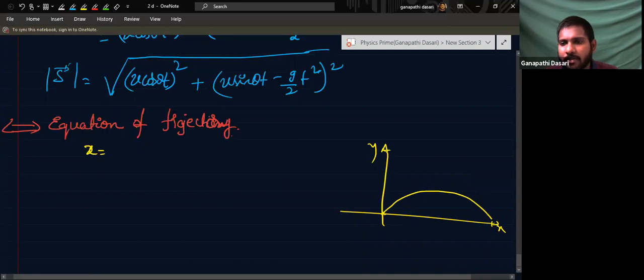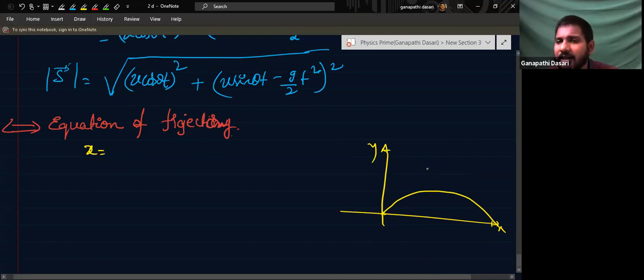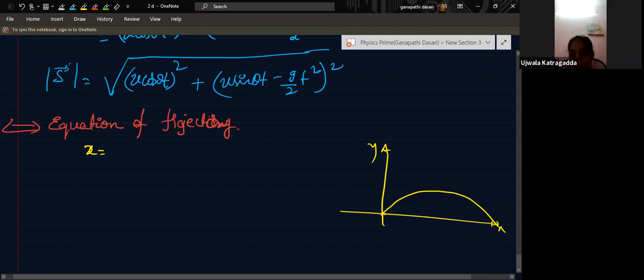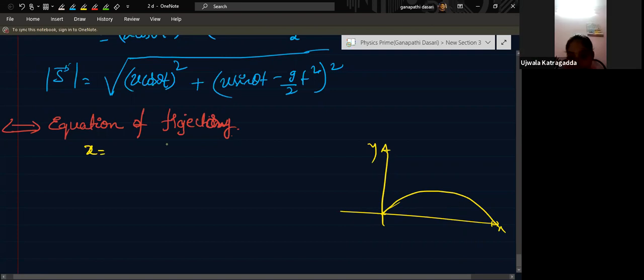Similar to this motion, something will be. So there is a curve, isn't it? Yes, it is actually depicting a curve. Suppose in mathematics, if you draw a straight line, there will be an equation to it or not? Yes, sir. If you draw any circle, there is an equation to that circle or not? Yes, sir. In that coordinate system, if you draw an ellipse, you have an equation to an ellipse. Yes, sir. Like that, this projectile will also have an equation. The motion of that particle can also be represented by an equation. That equation is the equation of trajectory.